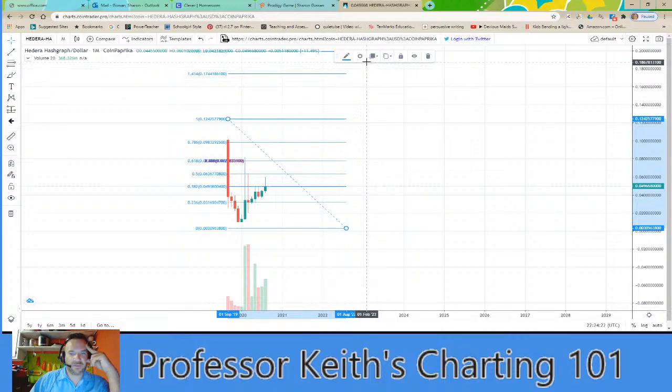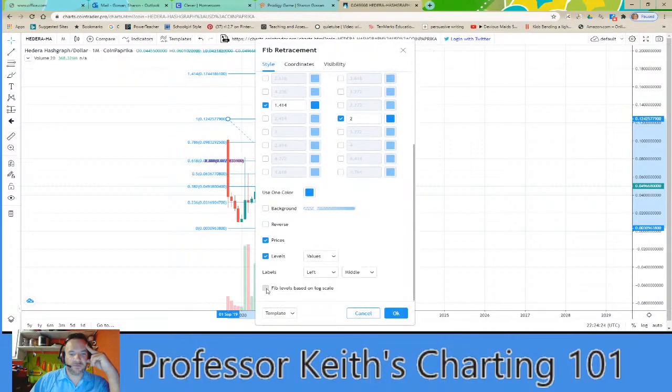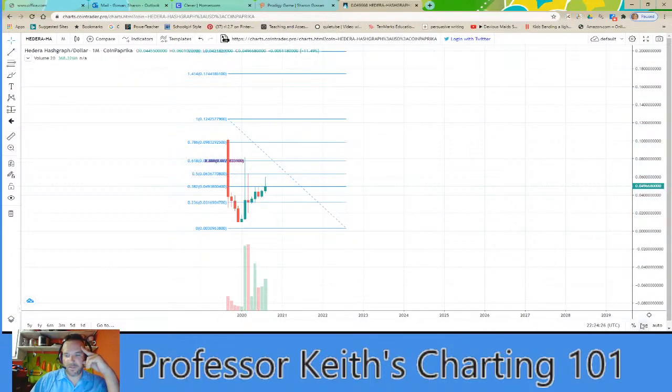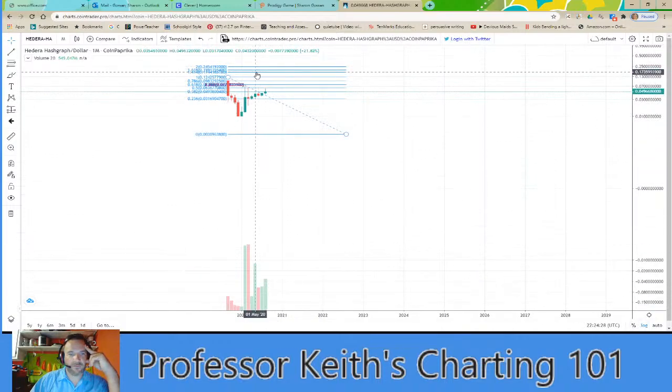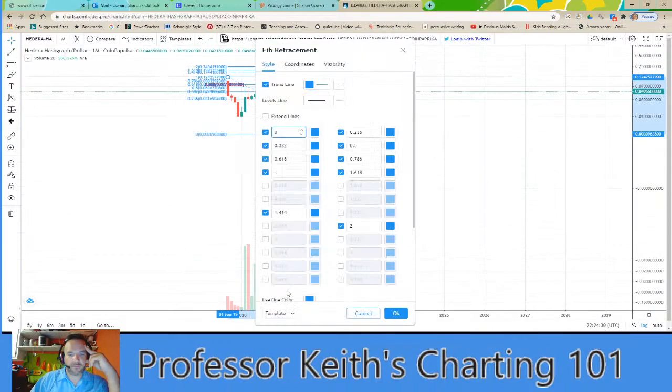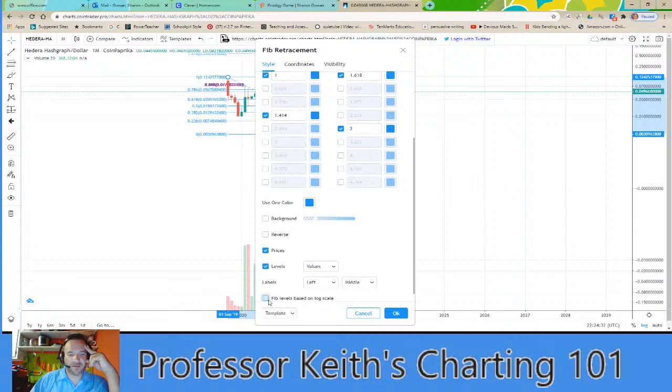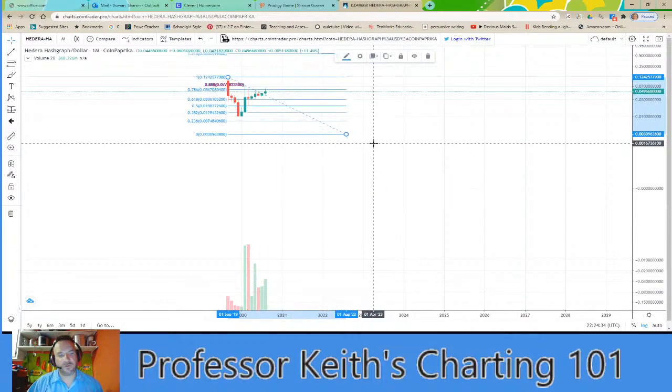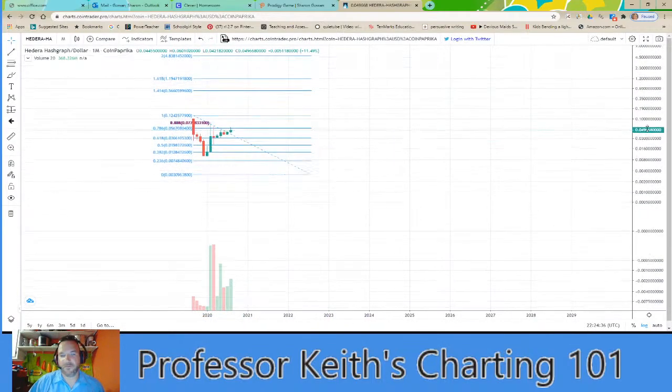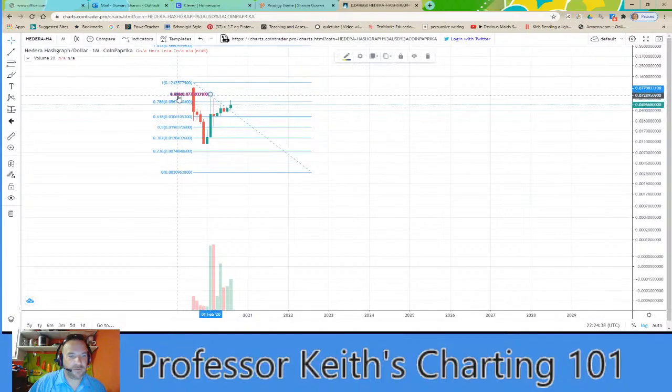Let's try just doing settings one at a time. Settings. Because I'm not in log scale. That's why. Because I'm an asshole. There we go. How many times have I told y'all to be in log scale and I wasn't in log scale? God, what an idiot. What an idiot.